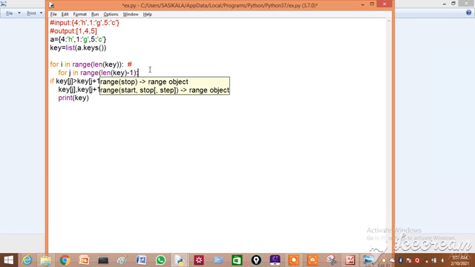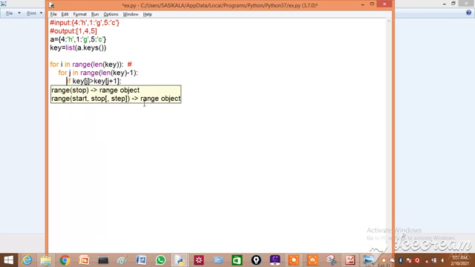Now indentation is important, so I am making everything clear. That's why we have used 2 for loops here.